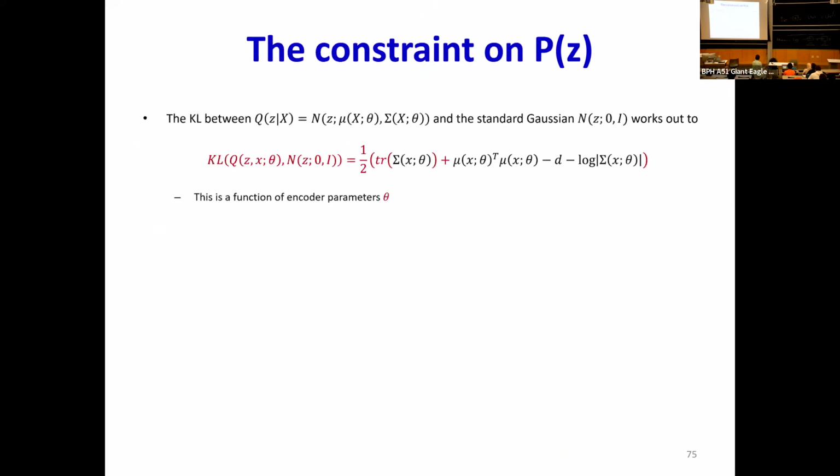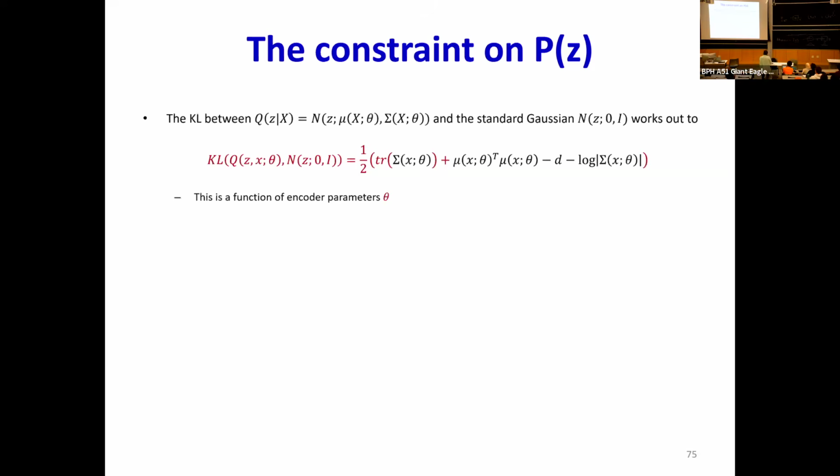I've written this on the slide. I'm not going to read it out. I don't expect you guys to understand it or believe it. But these days, there's a magical tool, Claude.ai, Gemini, right, .google.com. So you can actually ask it for the KL divergence between two Gaussians, and it's going to give you this formula. And as we all know, these days you don't need to derive anything, you just believe Google, right? So that's what I did.